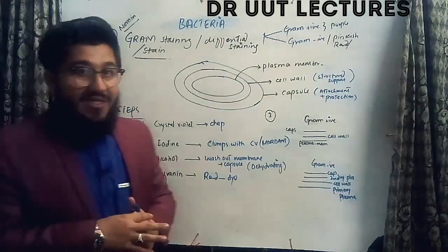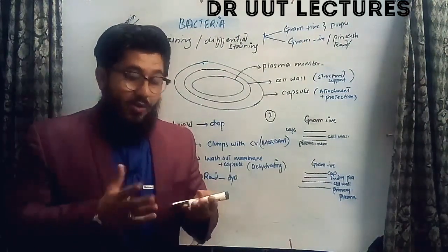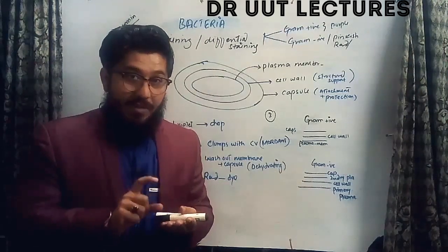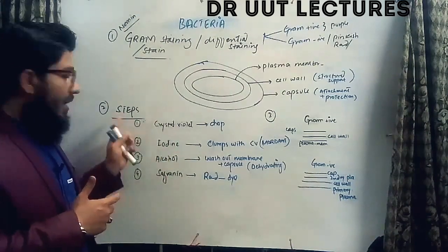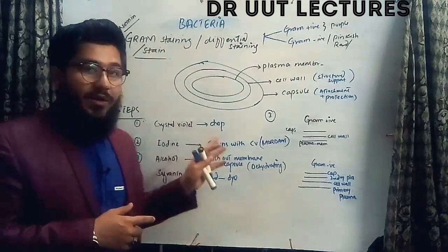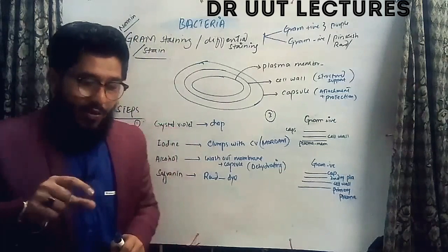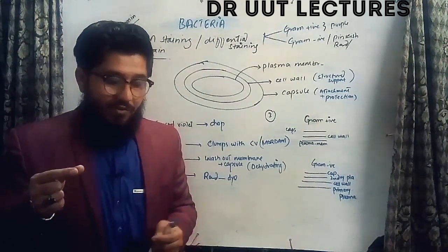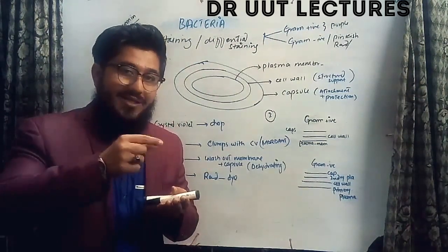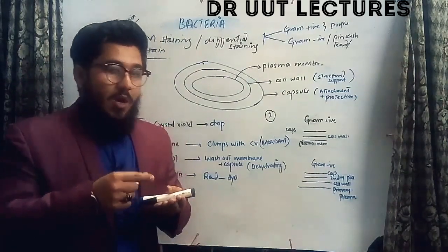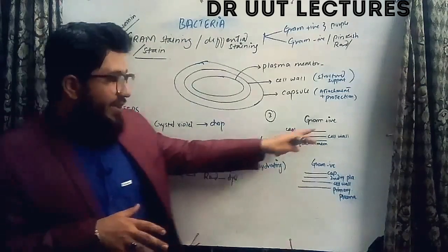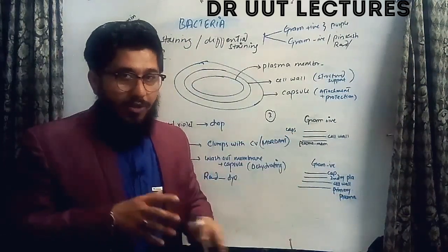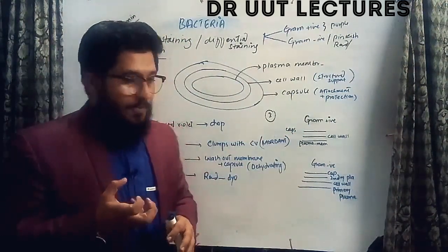Now let's know the steps through which we perform the gram staining. First of all, we need bacteria on a slide which is supposed to be fixed by means of a heat source. The first step regarding the staining is the crystal violet dye. We'll take a drop of this crystal violet and pour it on the slide on which the bacteria is available. What will happen? This dye will diffuse into the bacteria, whether it is gram positive or gram negative. So both the bacteria will absorb this dye.